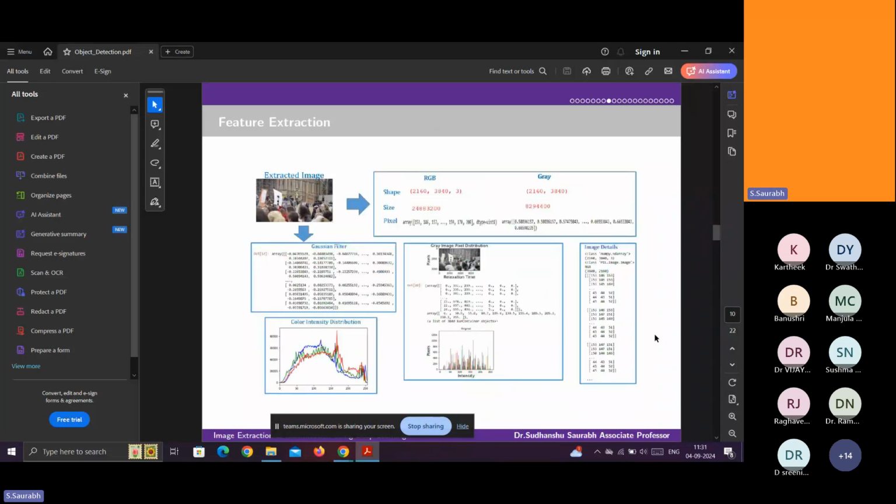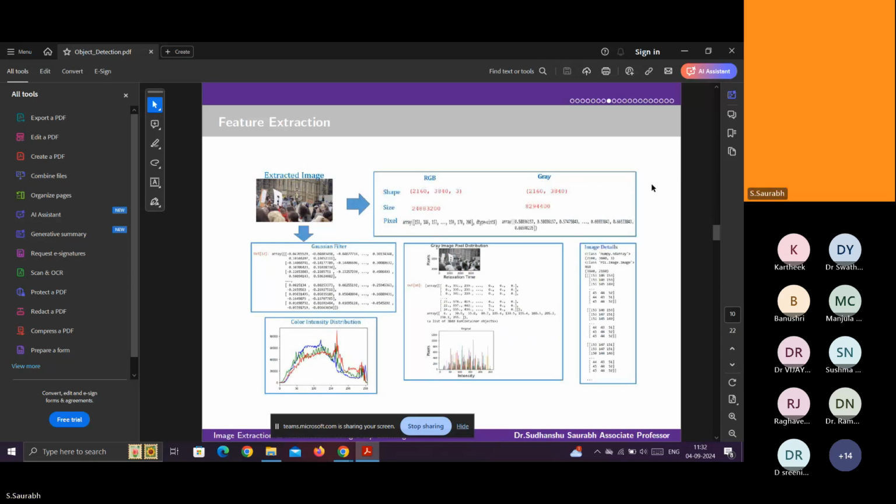See, the extracted images are here. Check whether it is RGB or gray. If it is RGB, check the shape. If RGB, the dimension is 3. If it is gray, obviously the dimension is 2. Check the values of these shapes, and then convert this data into NumPy data.